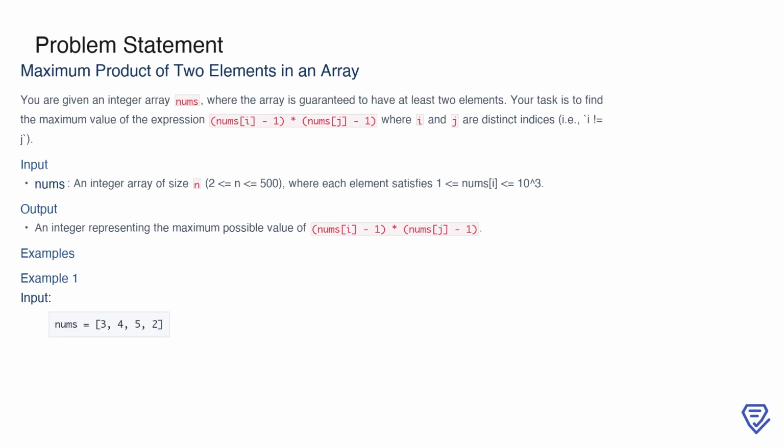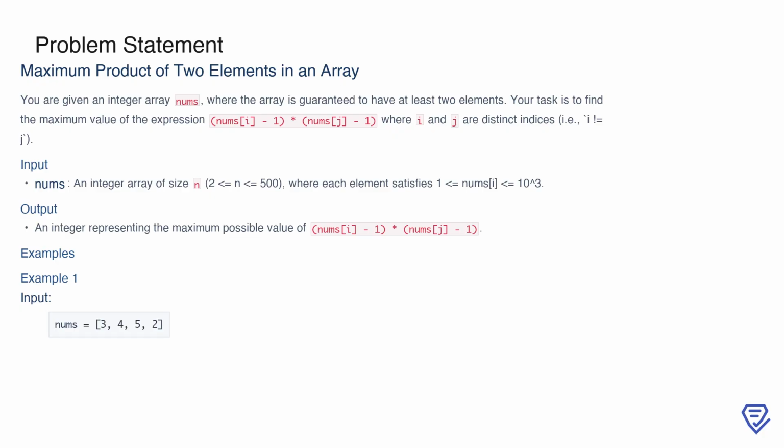Let's dive in. The problem we're solving is to find the maximum possible value of the expression nums[i]-1 asterisk nums[j]-1 for an integer array nums. Here, i and j are indices of the array, and they must be distinct, meaning i cannot equal j. The input array is guaranteed to have at least two elements, and each element is a positive integer between 1